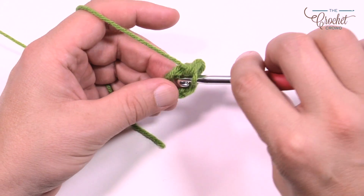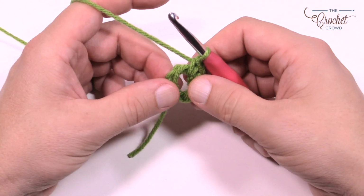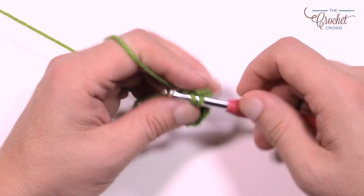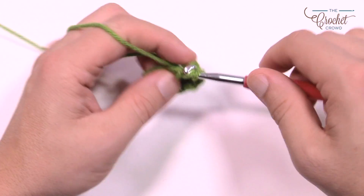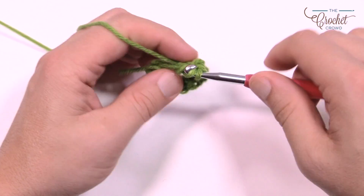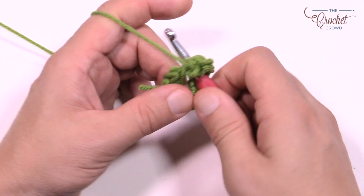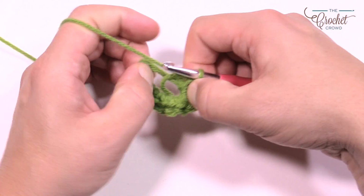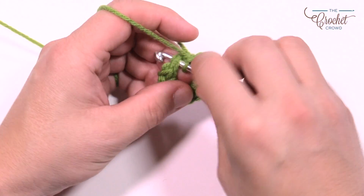So that was 1 and 2, and keep that straggler wrapped around the outside so you can get it stuck underneath. So 3, 4, 5, 6, 7, 8 and 9. And look, I'm running out of space, but because you're going in a ring, just pull the stitches and it will expose more ring for you. So that was 9 that I just did, and I'm going to do 10,